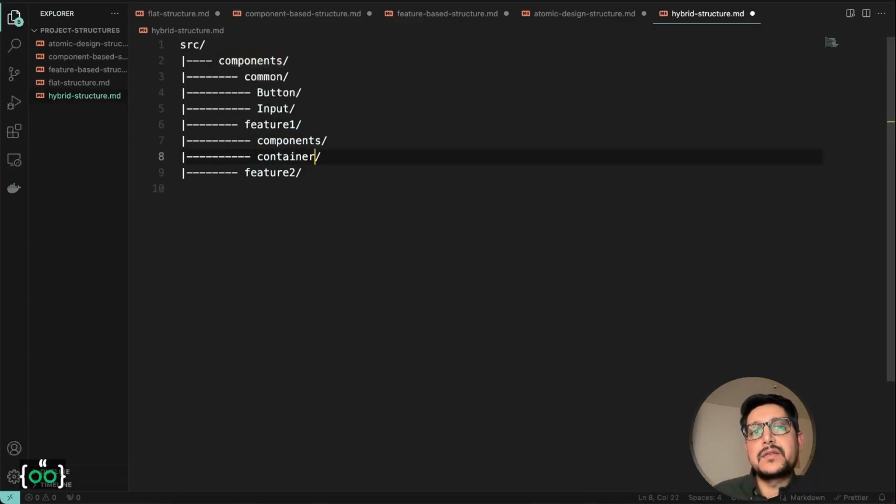So containers are just the stateless components which are actually just wrapping around the feature components, and they provide a whole modularity to our feature or this organization of the components. So I put the container level components into the container folder, and all of my feature components go